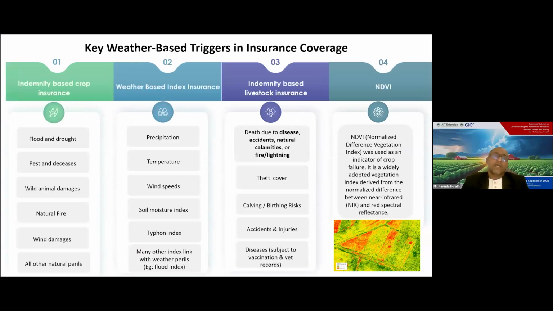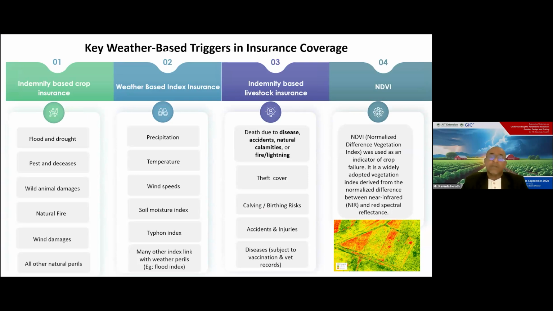So when we talk about the insurances, we have to define it by coverage. Indemnity-based, actually we cover many perils like flood and drought, pest diseases, and wild animal damages, and many more. But when we talk about the weather-based index insurance, we can take many parameters, many indexes based on this, like